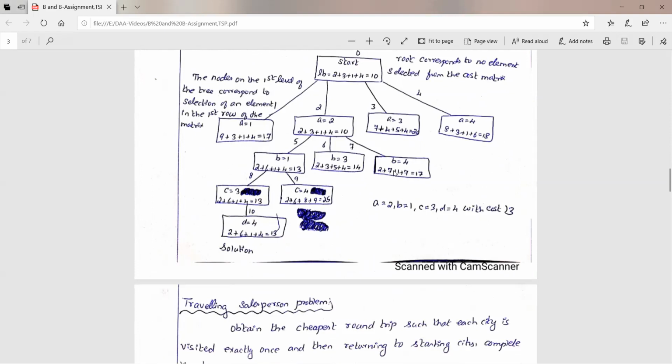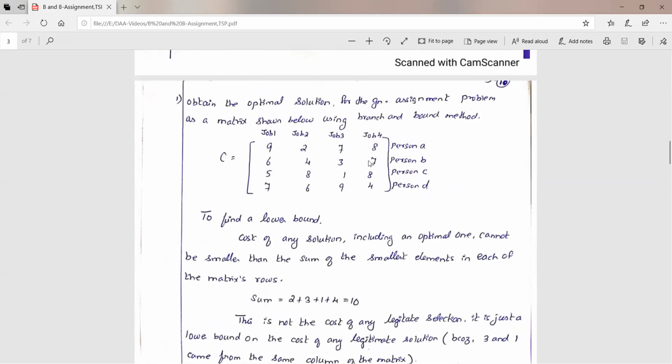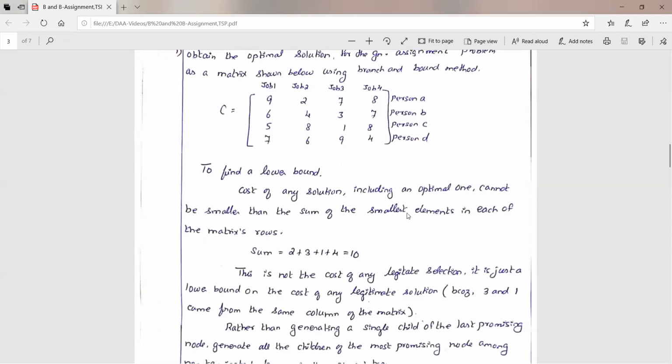So now we have taken B is equal to 4. If B is equal to 4 means this job is fixed, that is the 7 is fixed. So here the 2 is fixed. So 2 plus 7 plus 1 plus, this 4 you can't consider. So you have to consider the value 6. So here you are having 2 plus 7 plus 1 plus 6. So this 6 also you can't consider because here the second job is already fixed. So now find the next least value, that is we are having the 7. So now 2, that is the first job is fixed, and then for person B we are assigning the fourth job, that is the 7.